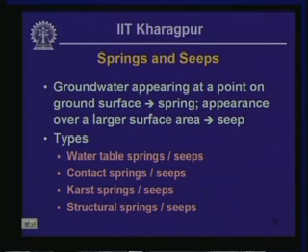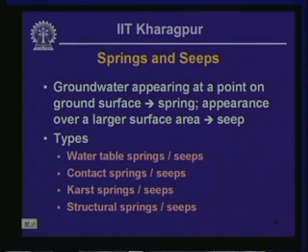The type of springs and seeps are going to be because of water table exposure, as we have discussed there, or there could be contact springs or seeps where groundwater is conducted on top of sloping aquicludes,